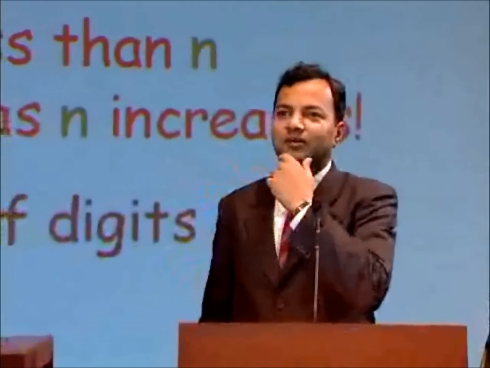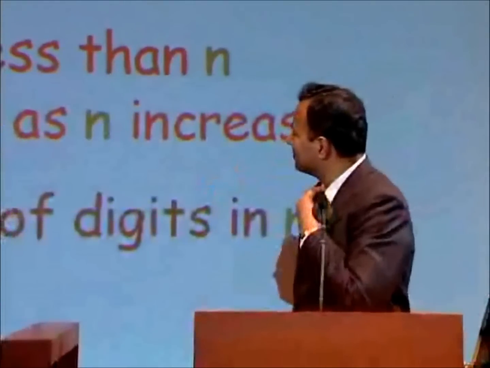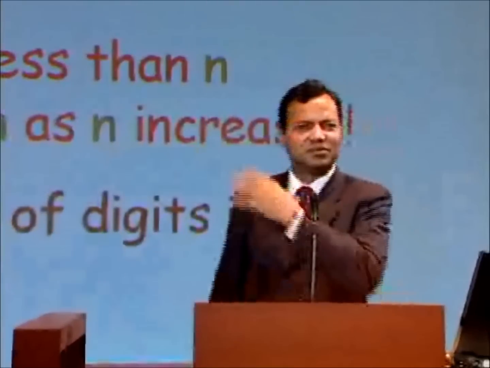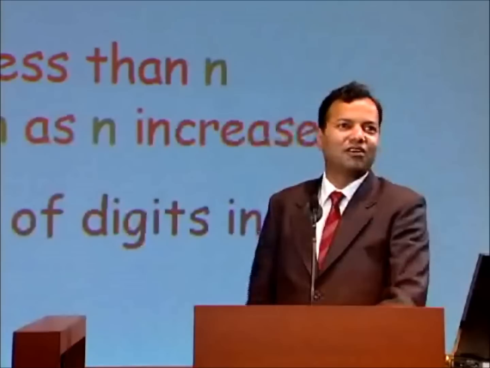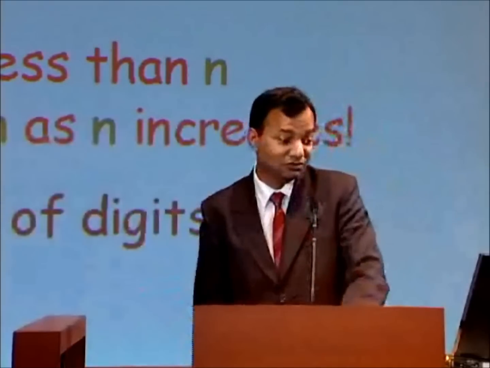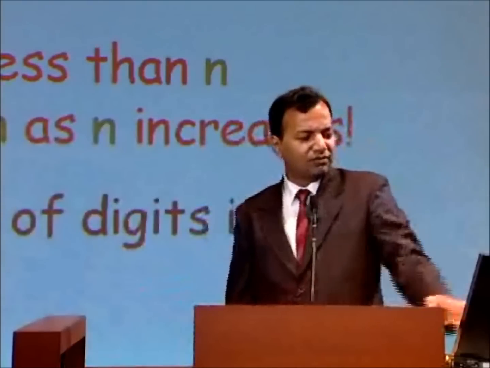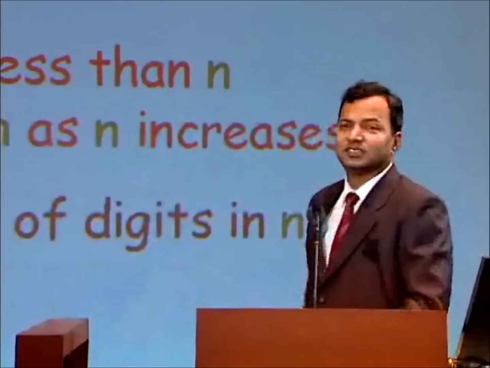Gauss apparently used to calculate, in spare time, larger and larger primes. I don't remember exactly, but I think he computed primes up to 1 million or something, and he fitted his formula all the way up to that, and it seemed to work out beautifully. Log n, think of it roughly as the number of digits in n.